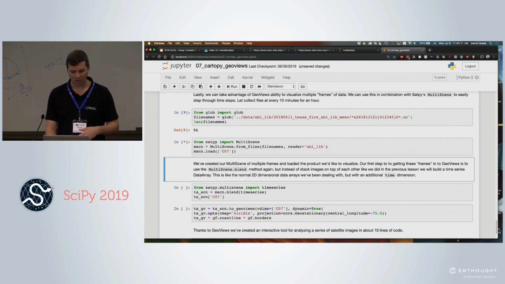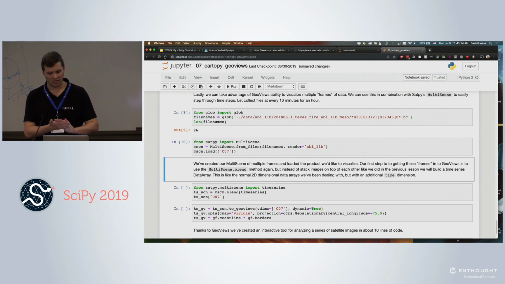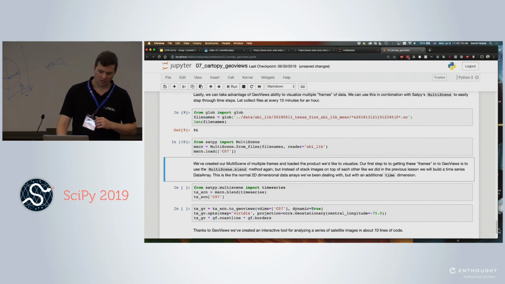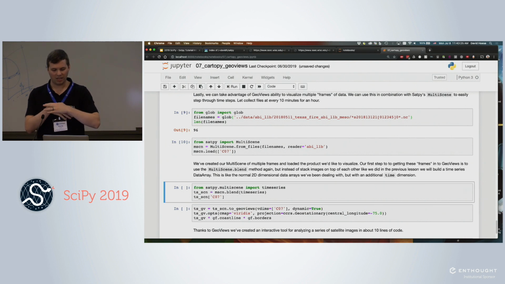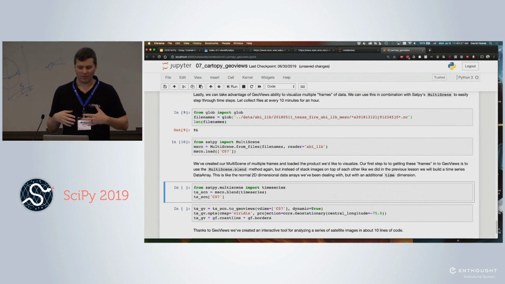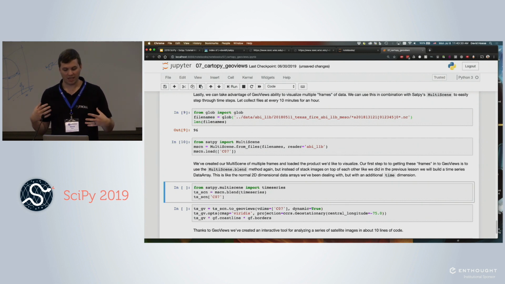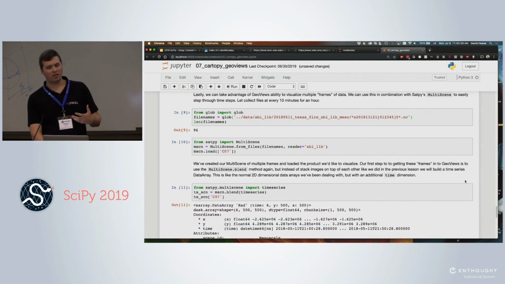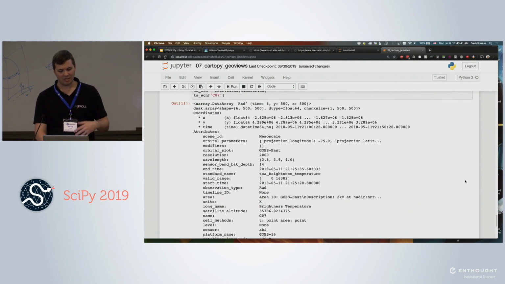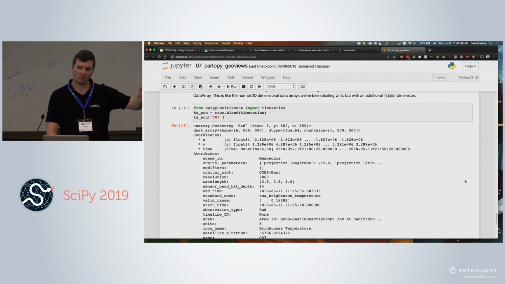create a new scene, but we're going to create a multi-scene. So this is the meso data that we made that video from. We're going to load channel 7. We're going to use that blend method, which previously we used to stack VIIRS orbits on, but we're going to give it the special time series and say, join these data arrays together on some time dimension. And if we do that, that will return a regular scene object, but where our 2D data is now 3D with a time dimension. So we took those mesoscale 1-minute time steps, blended them together into one data array,